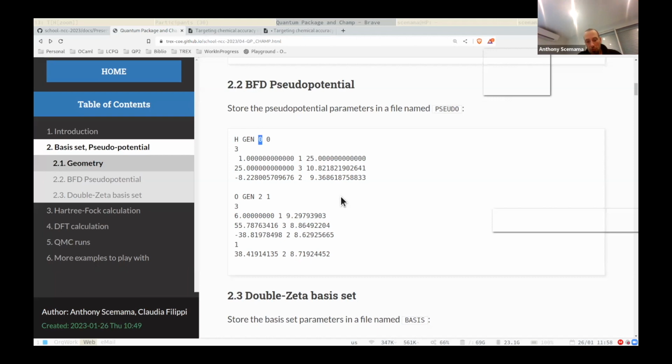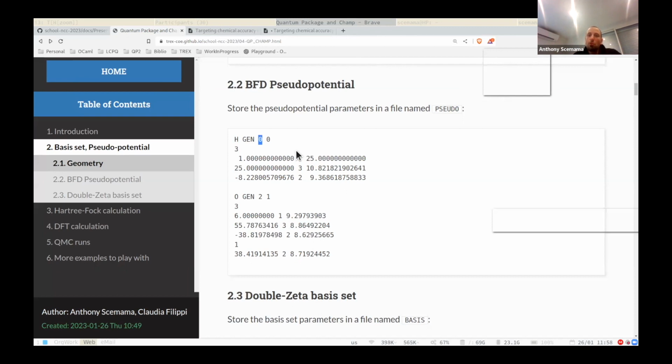So to make things smoother, as Claudia said, instead of trying to have the Laplacian diverge, we use a pseudo potential that doesn't diverge at the origin, so that when you make the sum of the Laplacian and the potential, both don't diverge, and so you still get a finite energy. It's another way to say the same thing as Claudia said.